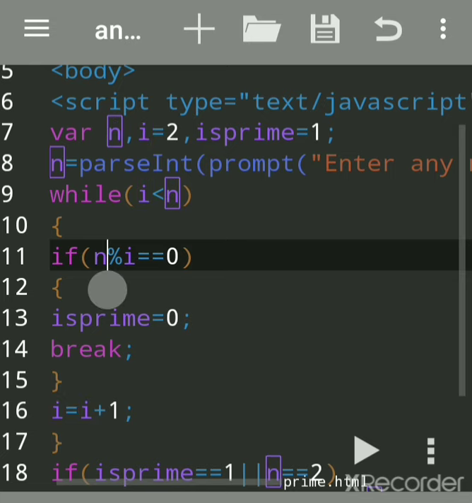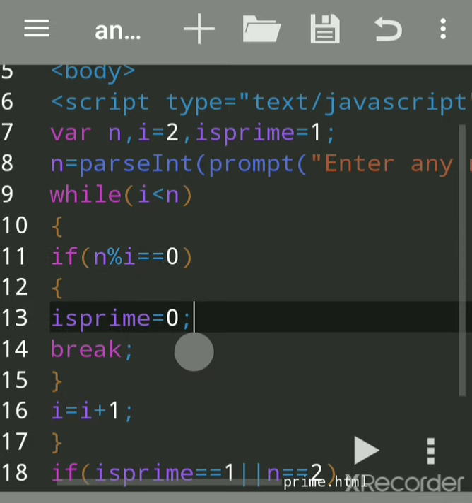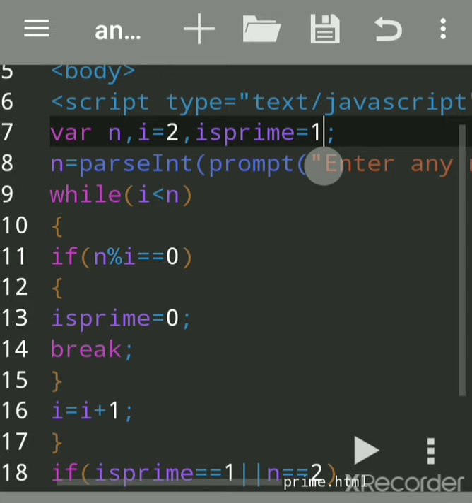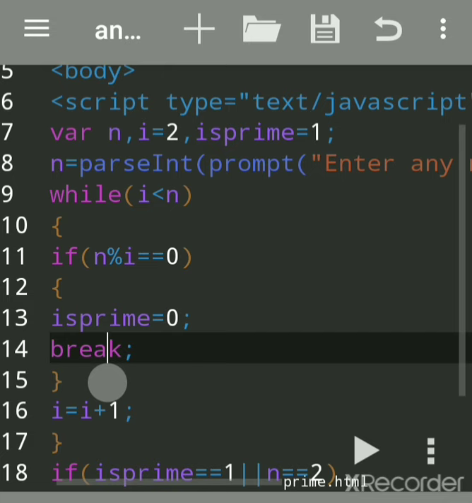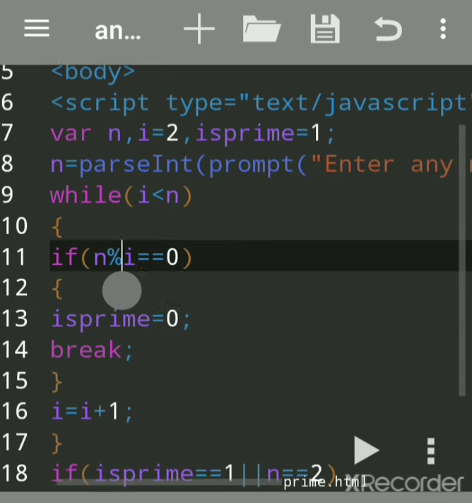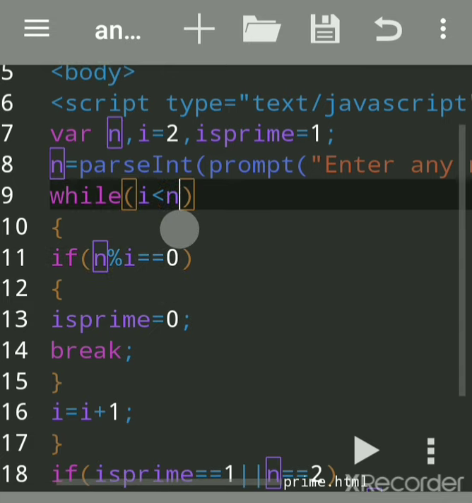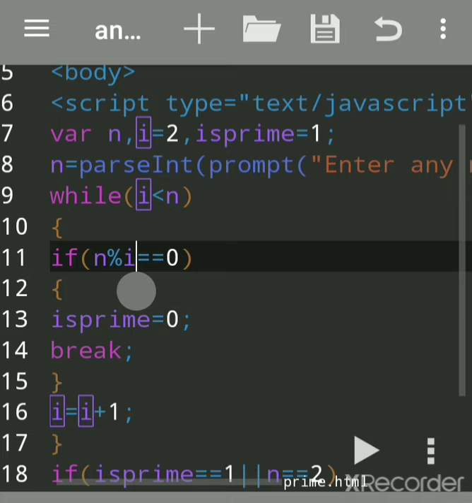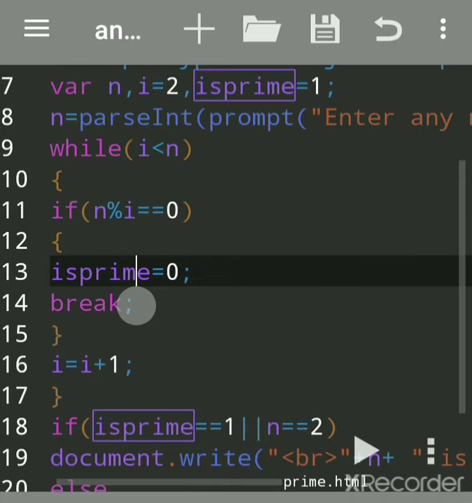This is the modulus operator. It will give the remainder after division. So it will check with double equal to if that number is divisible by 2, that is the first initial number. Then it will store in isPrime, because initially it is like true and false, store something. If it is divisible even once, then it will break, meaning it will come out of this loop. Now suppose n we took as 7, so 7 is not divisible by 2, then it will not assign this value to isPrime.